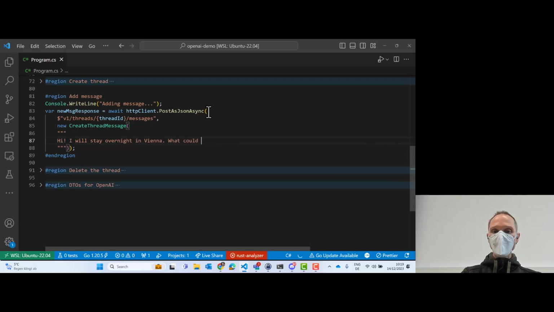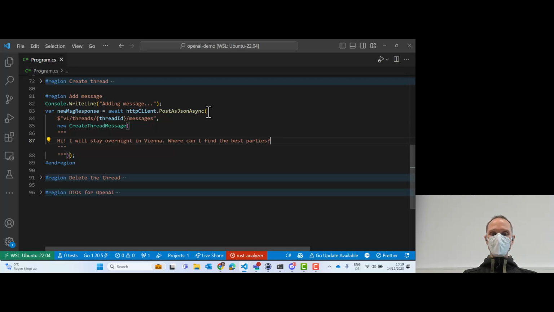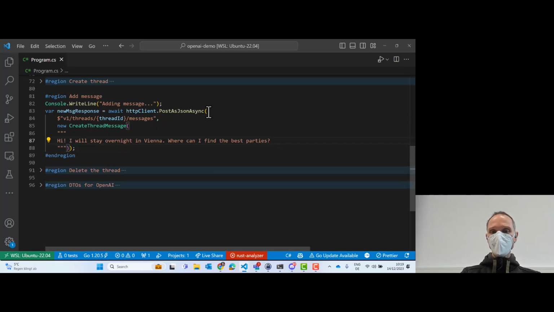What could I do for the next... where can I find the best parties? Why not? By the way, I love music very much. We'll see what the system will tell us. You get the idea, right? That's the analogy to entering data in the user interface, but this time we will do it using the new